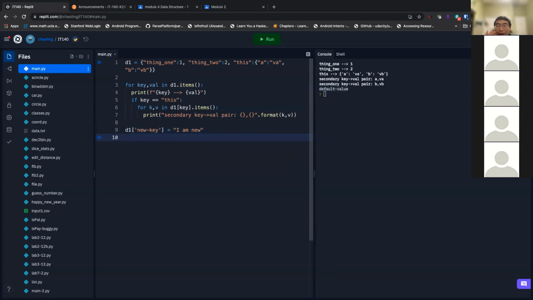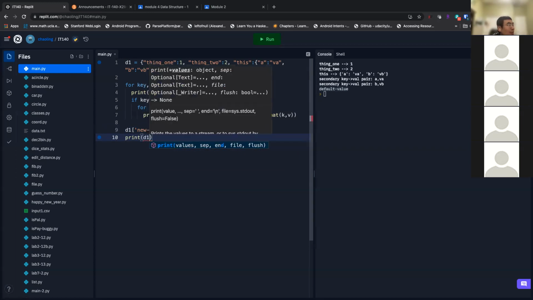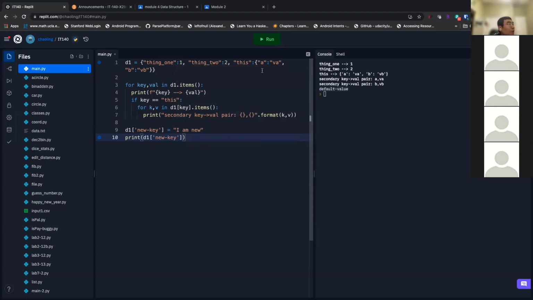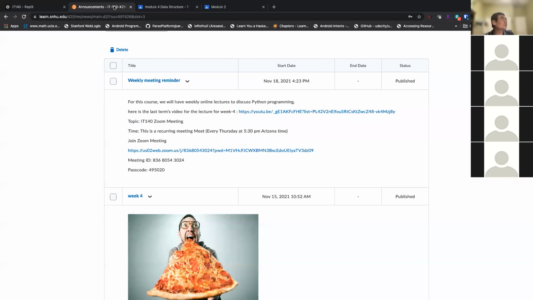After that, you will have a new key here, and you can just print this because it's new. It will have no error. I'm new, okay? So use the get method if you are not sure you will get a key in the dictionary. Okay, so that's all the caveat of that.